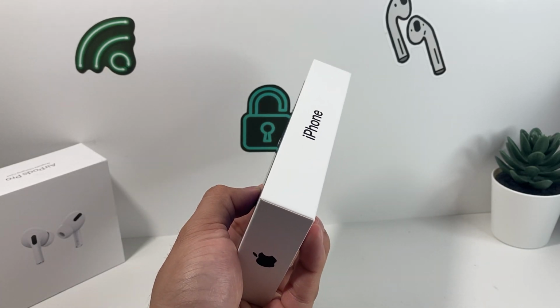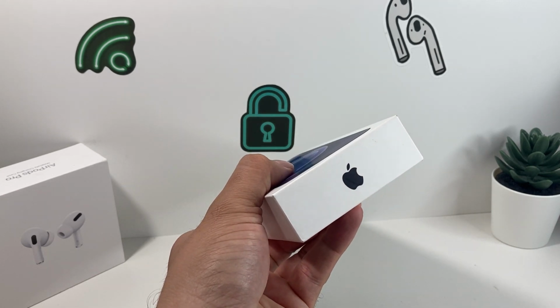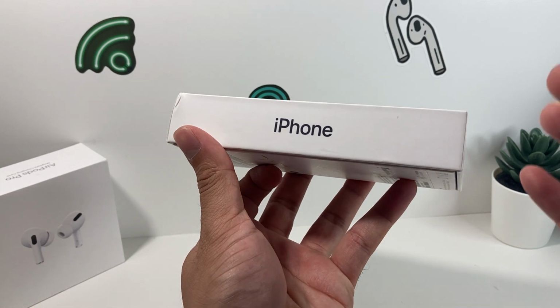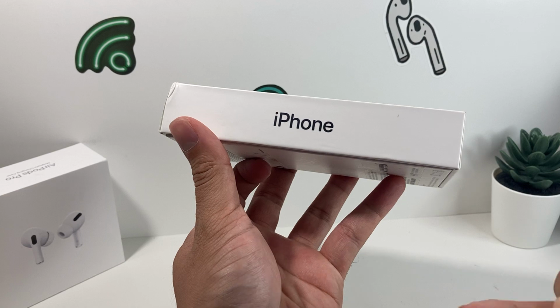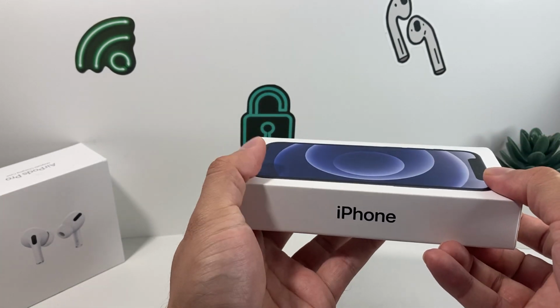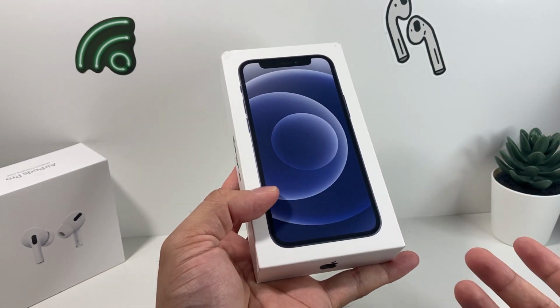In today's video, we're going to talk about the best small iPhone that you can get in 2022. Now, this is going to be based on a couple of things. First thing is going to be features. The next thing, of course, is going to be budget. And lastly, iPhone user choice. So this phone scored a 9.0 out of 10 in terms of Apple user friendliness and how people's experience was